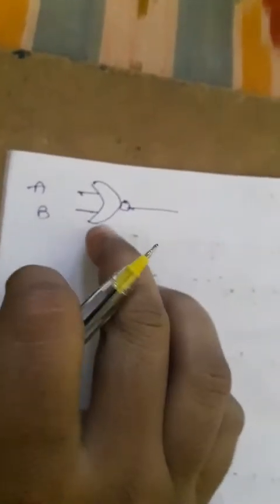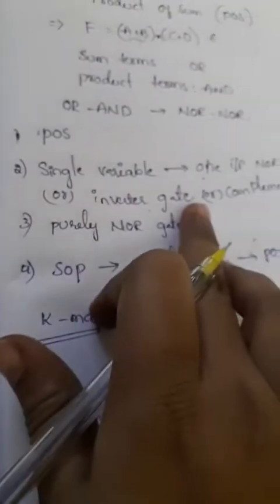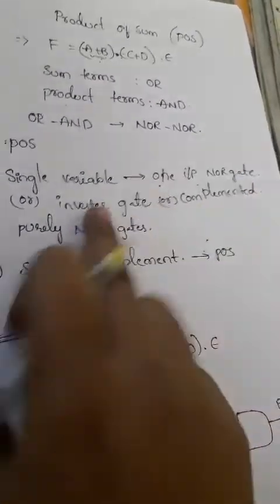This gate symbol we can represent as an OR gate. The next one is c d, which also has the OR expression, so directly we apply the complement. So for these two, the complements are completed. For the single variable, what is the second rule? For a single variable we have to apply the complement, or inverter gate. So I directly apply the complement here, that is E complement.